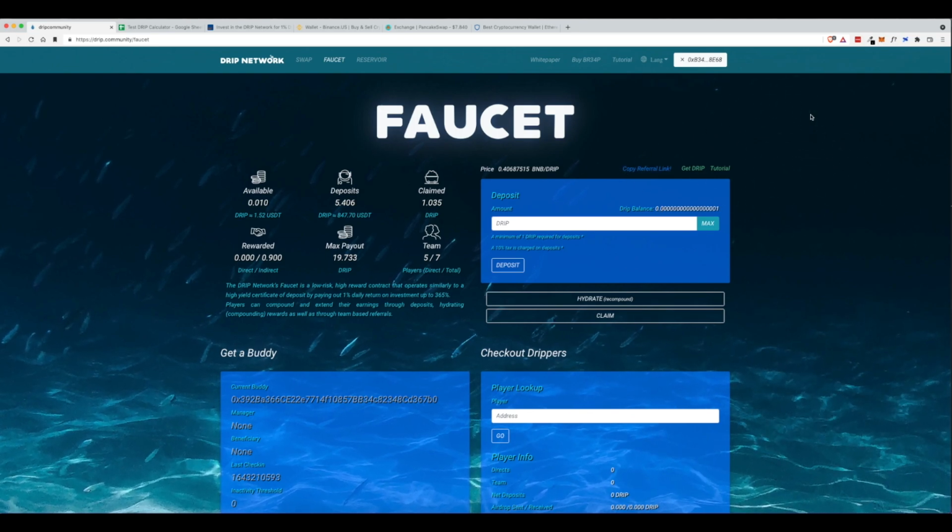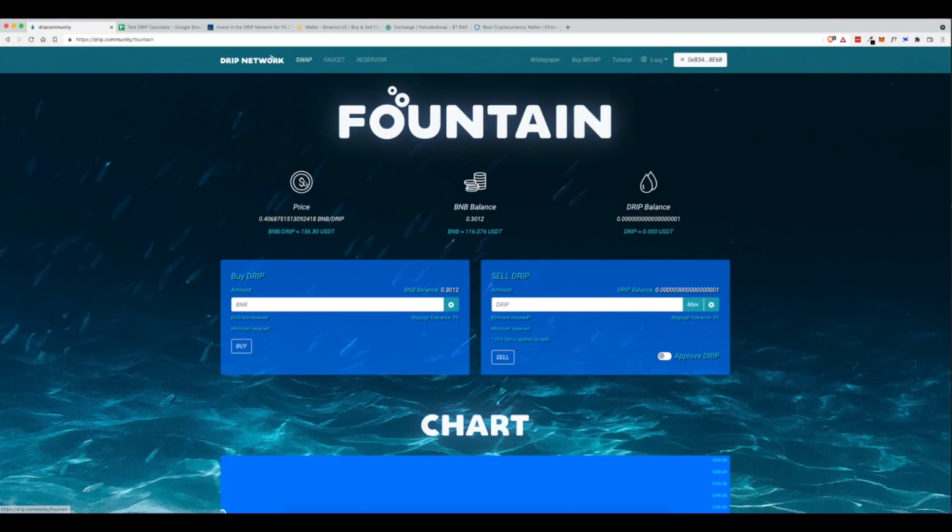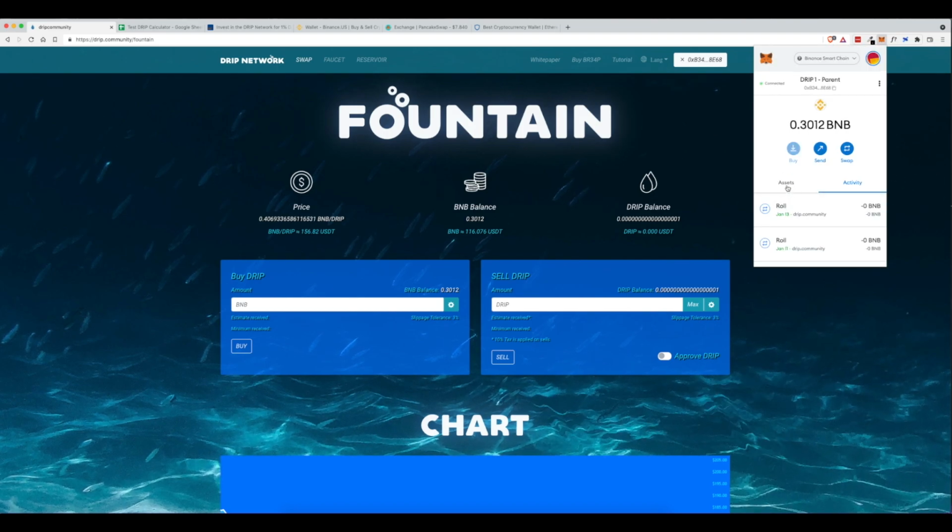And the one thing that I want you to keep in mind here is this. When you go to the swap tab and you're going to buy some Drip tokens for the very first time, you should also keep some BNB on the Binance Smart Chain tokens in your wallet. The reason for that is, as you saw, there are fees associated with everything. So if you sell your Drip, there's a 10%